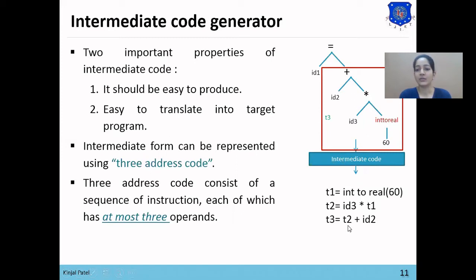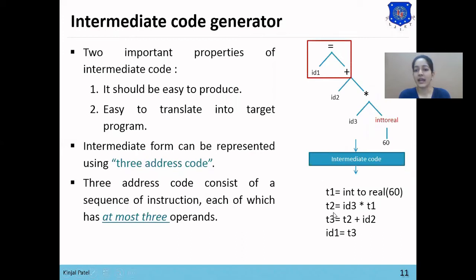Now we want to assign ID1 to this whole expression, and this whole expression is stored into T3. So now we will assign the value of T3 to ID1. So the last expression is ID1 equals to T3. So our result has been stored into ID1. So this is the three address code which intermediate code generation has generated.